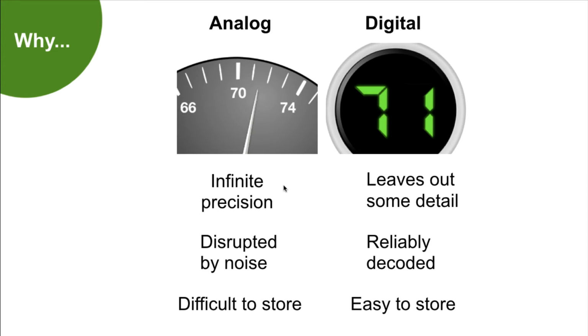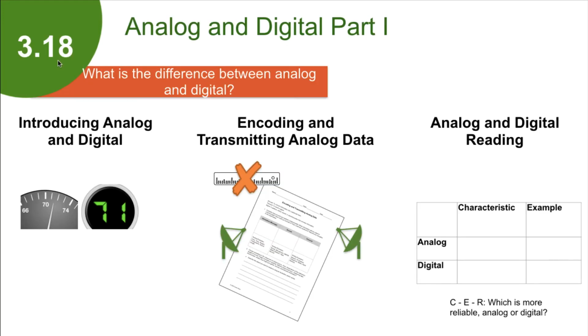So if we want to summarize, analog gets us this infinite precision, while digital does leave out some of the details. But analog is disrupted by noise, whereas digital can be reliably decoded, and it's easy to store. These two things together tend to win out, which is why you're listening to me now digitally instead of on an old Victrola. To introduce these ideas to students in Lesson 18 and get them to answer the question, what's